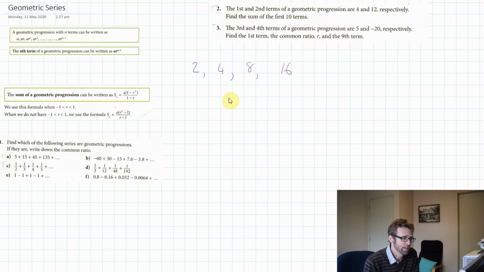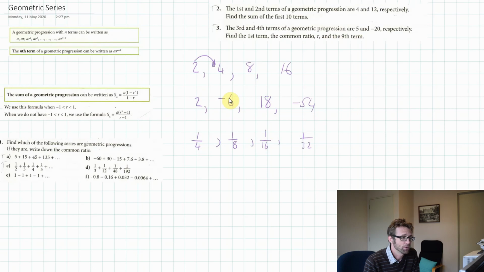Here's another example: 2, -6, 18, -54. And one final example: 1/4, 1/8, 1/16, 1/32. Now you can see in each of these cases, to get from one term to the other, we're multiplying